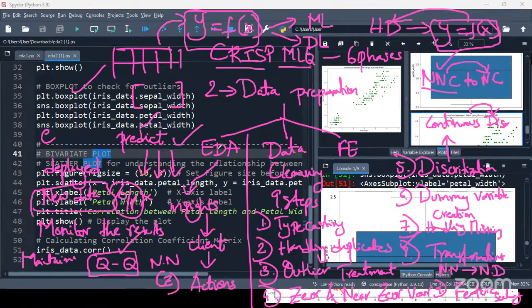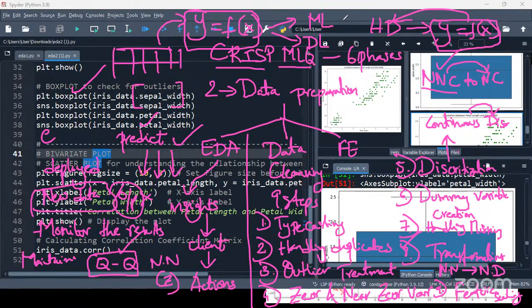Once after retraining, the process continues again. We'll check the performance, the evaluation metrics, then the deployment, and again start monitoring the results. This is how the end-to-end life cycle of an AI, machine learning or deep learning application looks.